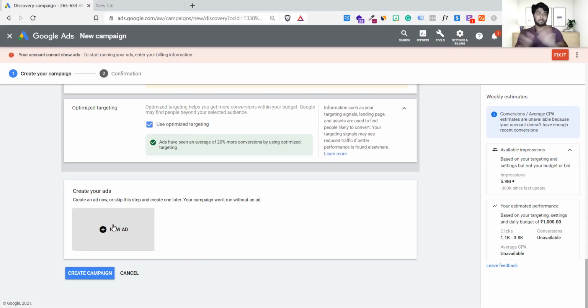It is saying that people are not going to search for it, but we are going to show them something as a discovery that they might be interested in. Like on YouTube, the moment you open it, you see a lot of ads. They haven't searched for them by default. So this is a discovery ad.